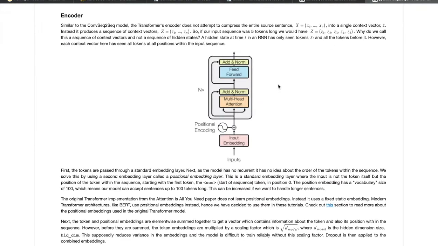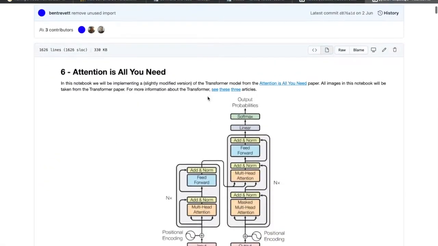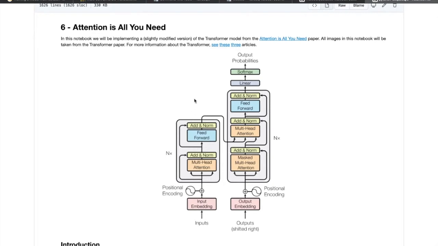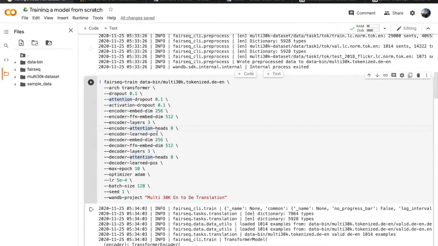Number of encoder layers is the repetition of each encoder layer. All these encoder layers are stacked on top of each other and all the decoder layers are stacked on top of each other. That is what this Nx signifies. So we have used 3 encoder layers and similarly 3 decoder layers. It is important that the number of encoder layers and decoder layers are the same.